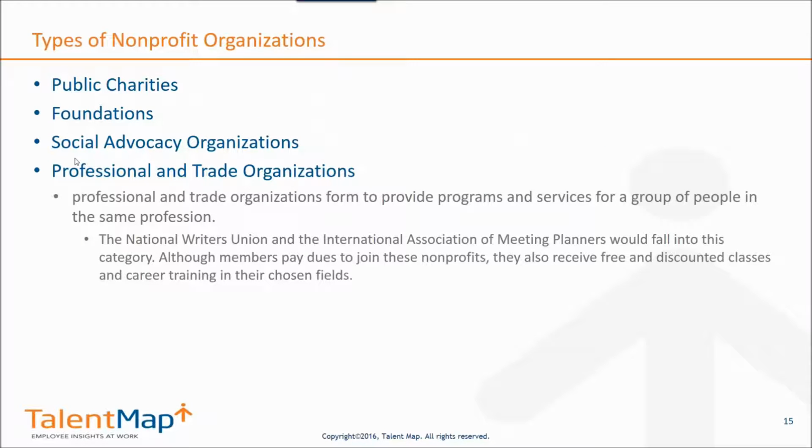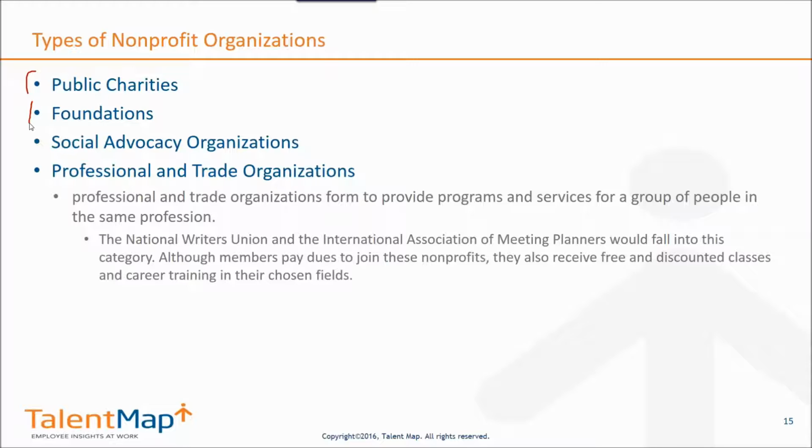So before I jump in, just to give a sense of types of nonprofit organizations, and there's many different ways to categorize these. Generally speaking, there's public charities. Usually they're health or educational-driven types of charities out there that are trying to do good for society and good for a community. Could be national, international, or community-based. There's also foundations, and foundations are also nonprofits. But typically, what they do is they collect money and then they issue money out to other charities or other nonprofits. Not always the case, but often that's what they do.